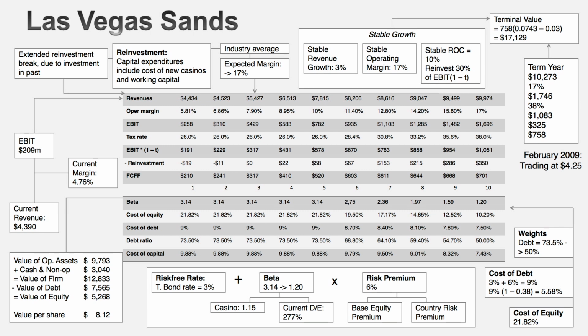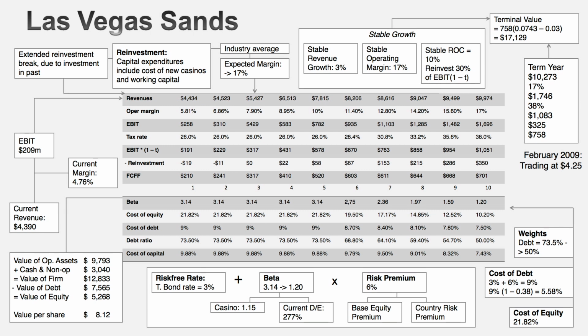You assume that margins will improve over time, the debt ratios will go down over time, that your company, even though it's distressed today, will become a healthy company. You attach a big terminal value to the company, you discount it all back, and you come up with a value for the company. That's exactly what I did. And the value per share that I got reflects that assumption that Las Vegas Sands will eventually become a healthy company. Value that I get is about $8 per share.